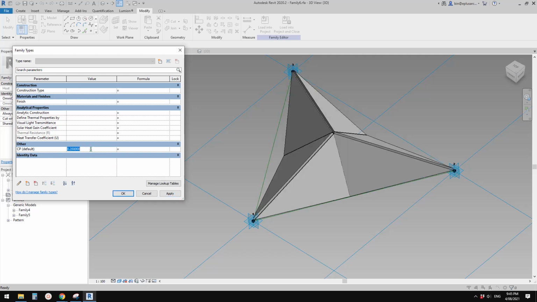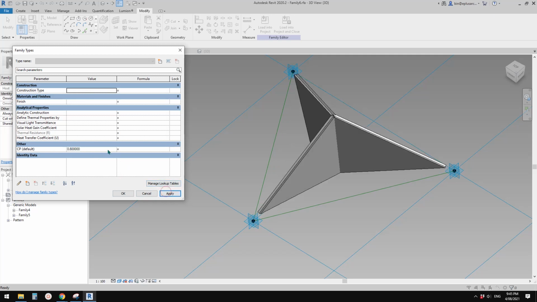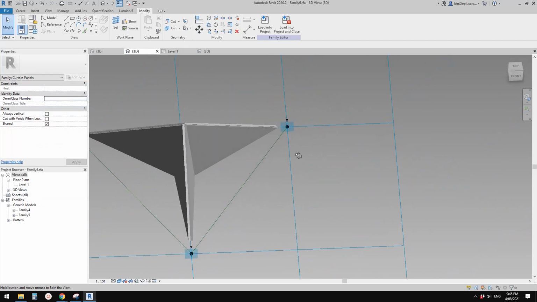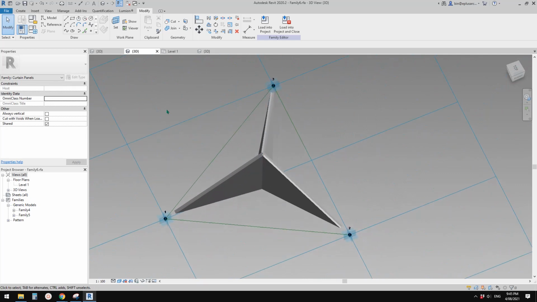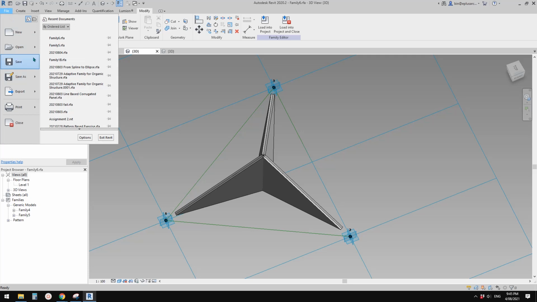0.2, 0.4, 0.8, and 1. So yeah, all good. Now I think this is it. This is the pattern-based family. So now we can create